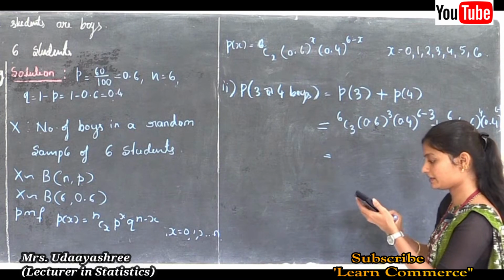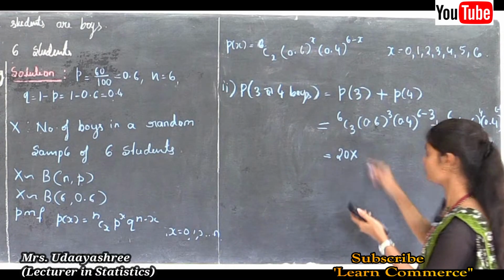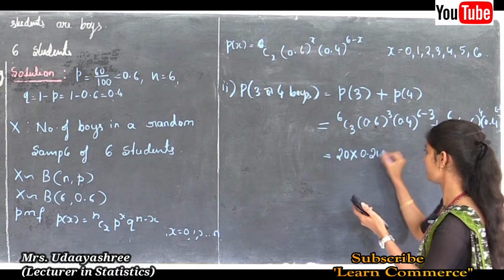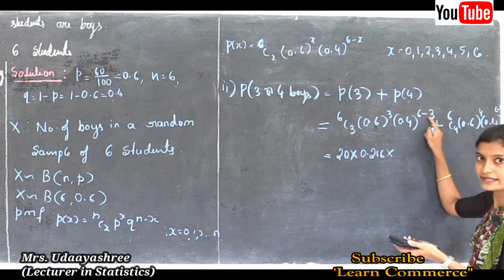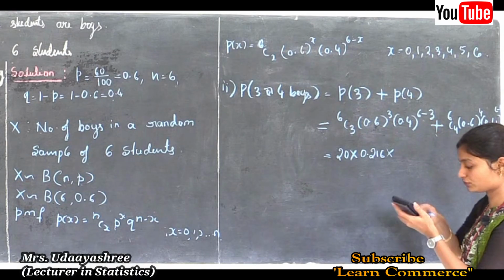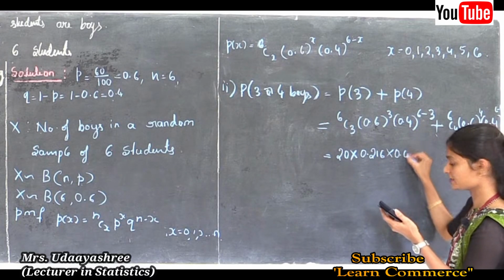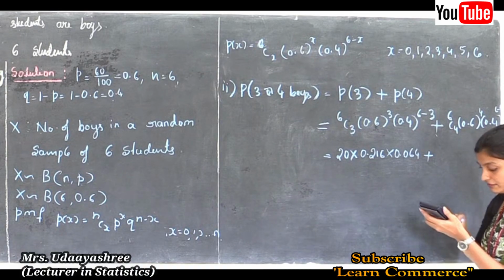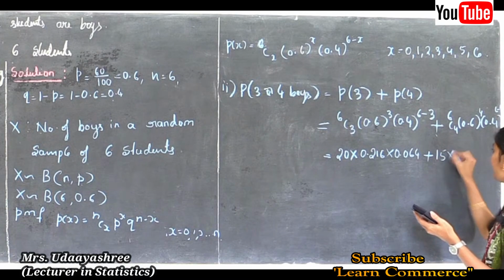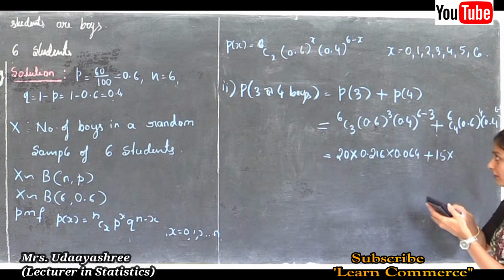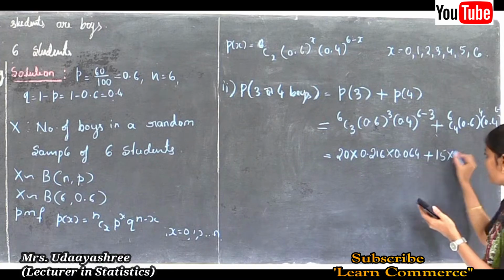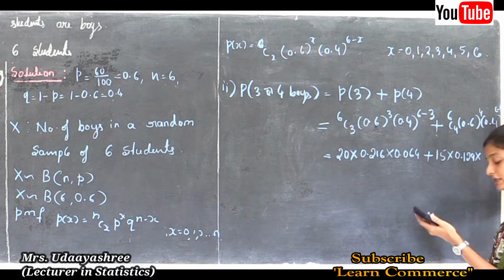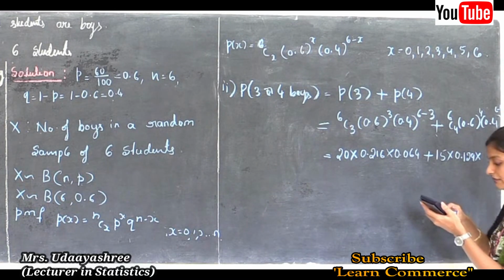6C3 is 20 into 0.6 to the power 3 is 0.216 into here 6 minus 3 is 3. So, 0.4 to the power 3 is 0.064 plus here 6C4, that is 6C4 is 15 into 0.6 to the power 4 is 0.129 into here 6 minus 4 is 2. So, 0.4 to the power 2 is